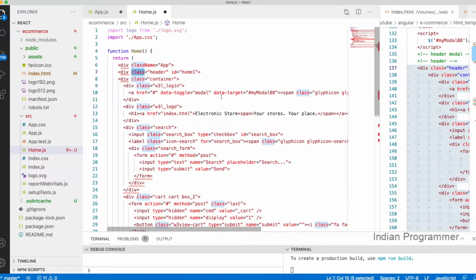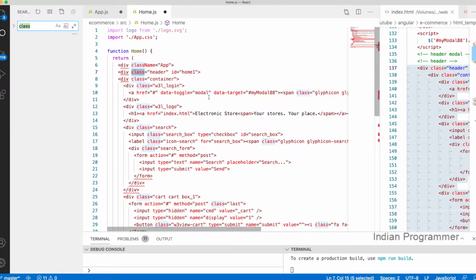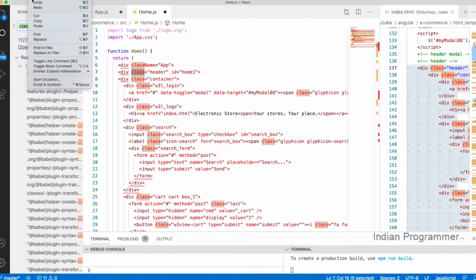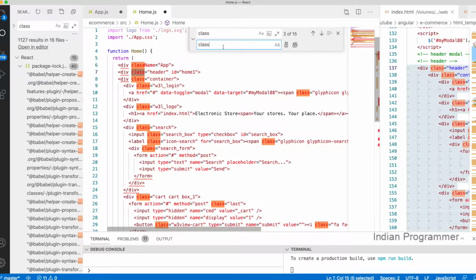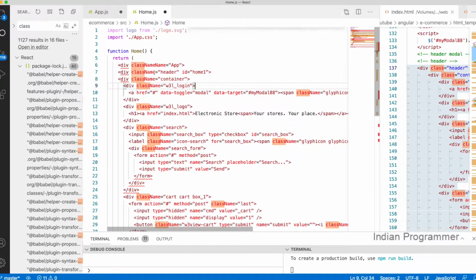So all the class attributes should be className actually, because class is not supported in React, which means JSX, so we need to change it to className. Okay, so this ID and radio.